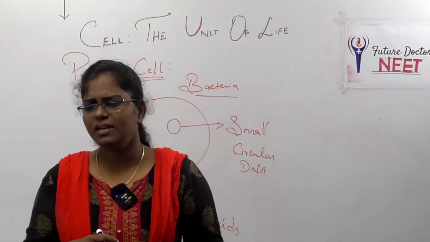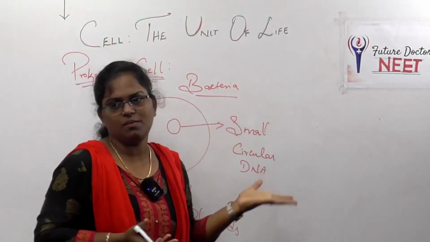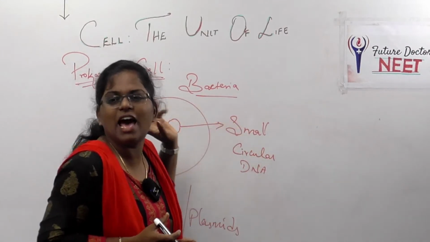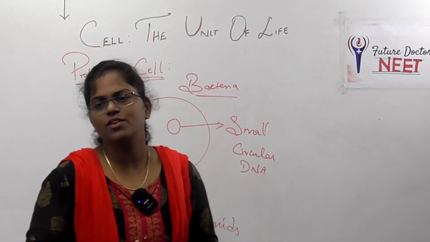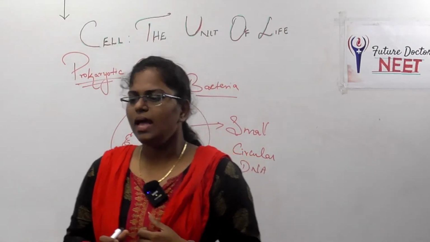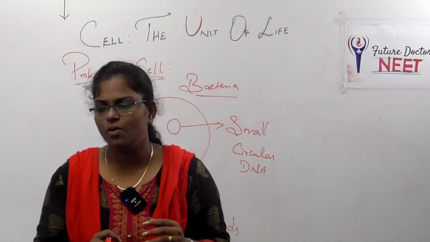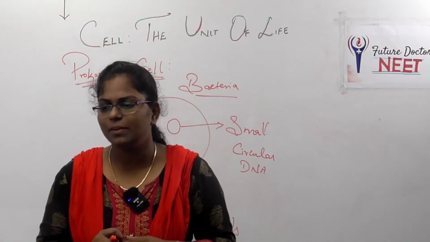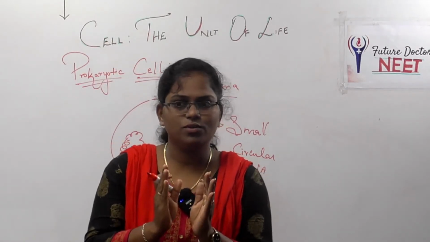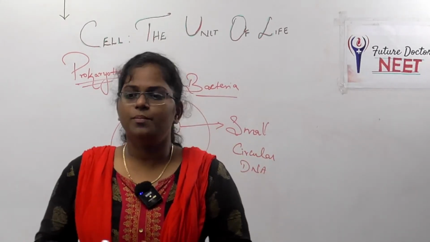Nuclear membrane is found in eukaryotes. In bacteria there is no nuclear membrane and no nucleus; everything is in one cell, but in eukaryotes the nucleus is present. No organelles like those of eukaryotes are found in the prokaryotic cell except for ribosomes. We have seen yesterday that ribosome is present both in eukaryotic as well as in prokaryotic cells.